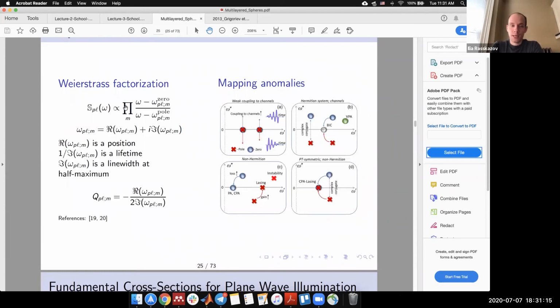S matrix can be decomposed as a product of these fractions, where omegas are the eigenfrequencies, and in the denominator you have the frequency of the pole, and in the numerator you have the frequency which corresponds to zero. By the way, somebody asked me about